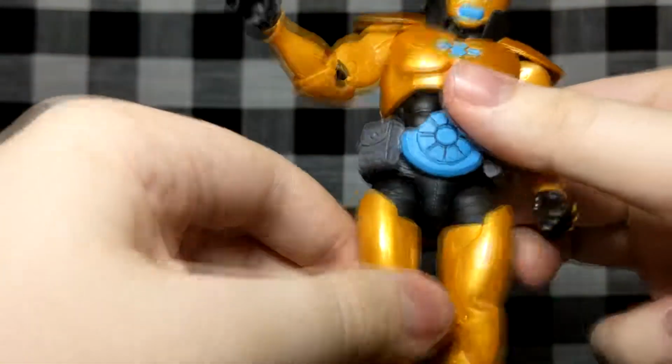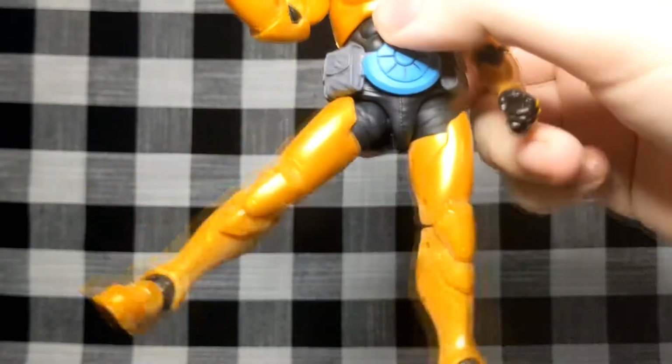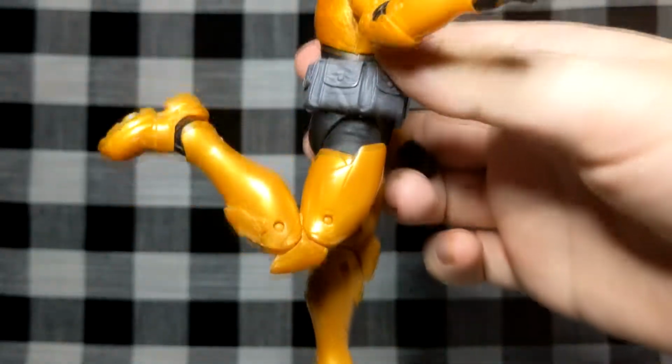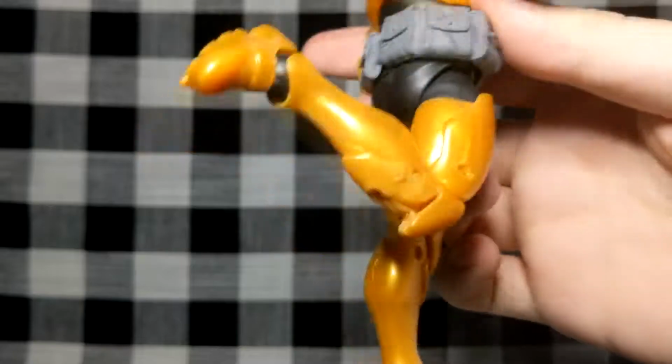But at the legs, we have out. That's better than some recent figures we've looked at. We have swivel at the top of the leg, which is very well hidden underneath the armor. Very nice. Double knee. Wow, that's almost as disappointing as the Sue Storm from last week, but in any case,